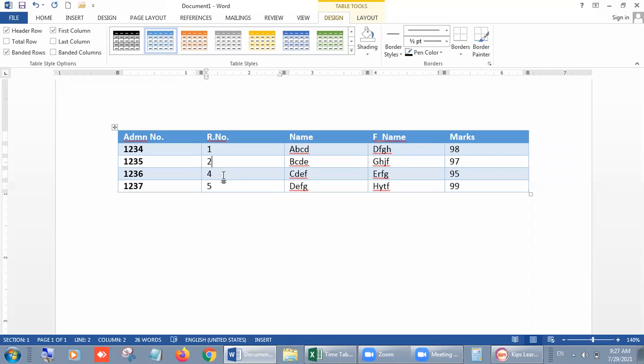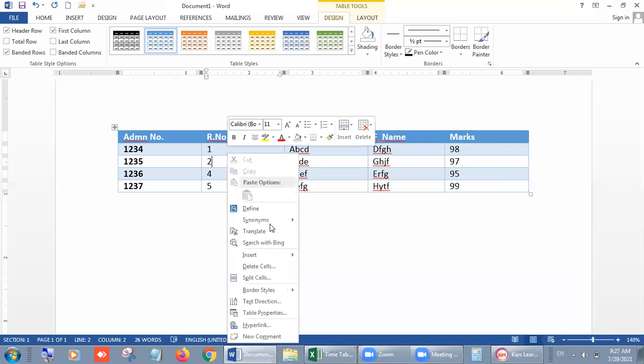For that, click on 2 or click on 4, anywhere you can click. Suppose I am choosing 2, then right click on it, go on insert, and this time we will not go in the column section, we will go in the row section, meaning row above or row below.